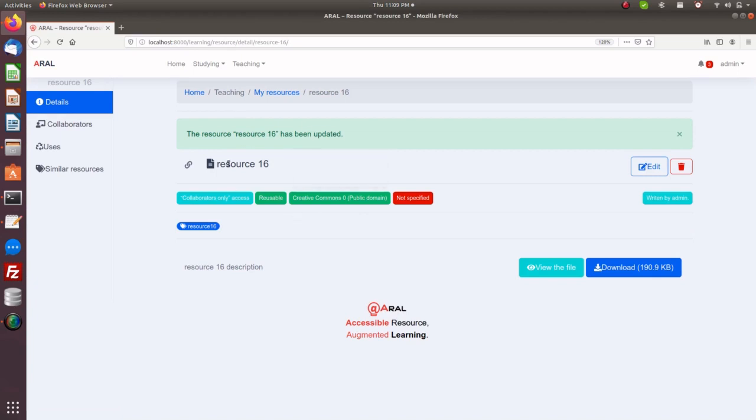So this particular resource is only for the collaborators that we're going to specify from here. Let's see first if after updating that it becomes accessible only to the collaborators that we're going to specify here. Before we add different collaborators,